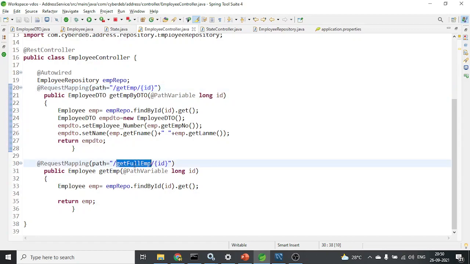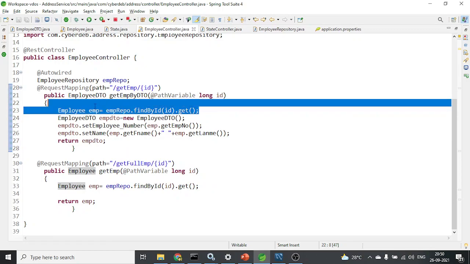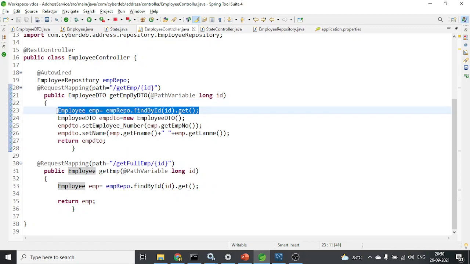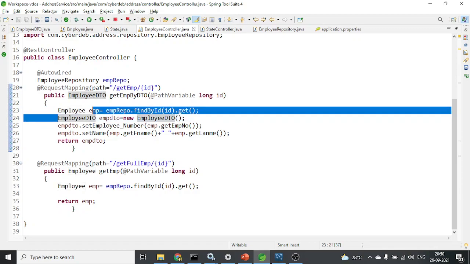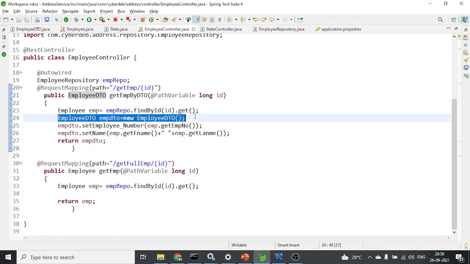Here it is get full emp, but this one is a shorter one, get emp, which again accepts the same path variable id, and a few extra lines I have written. This is the same line which fetches by using find by id. Get is going to convert it to the employee type, but from the next line onwards, you can see I have gone for using a new class, employee DTO.